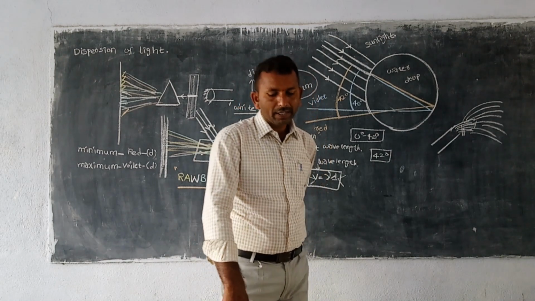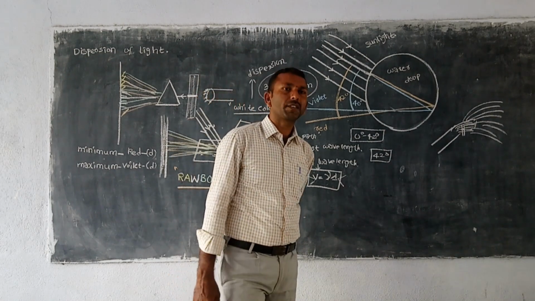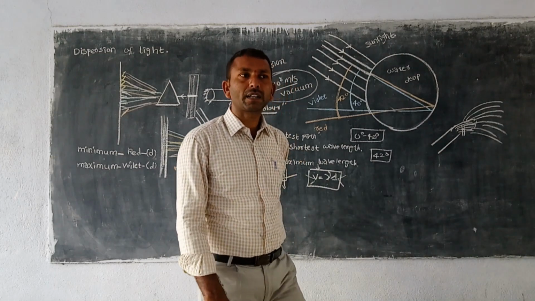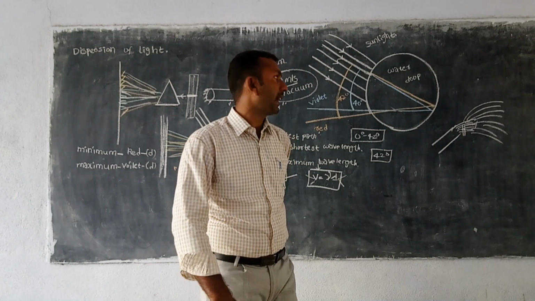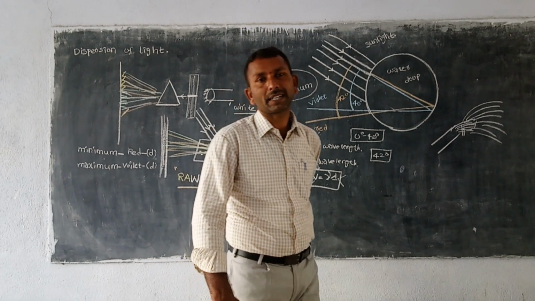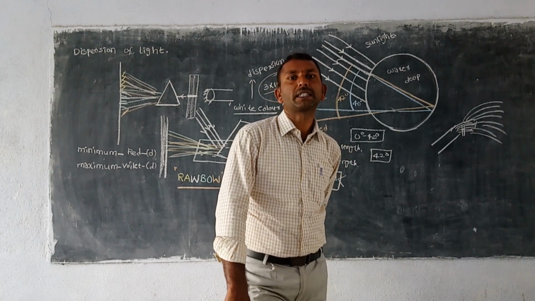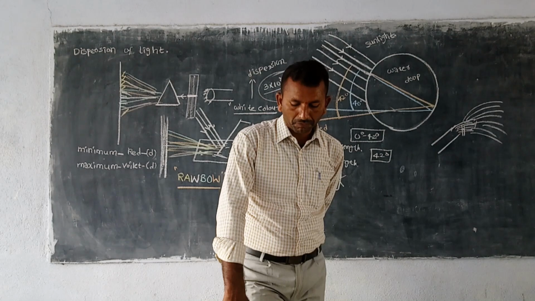So why does the dispersed light appear as a bow? Actually, what we are seeing is not just from one water drop. Every water drop is dispersing the colors in the form of a cone, and from the upper side of the cone we are able to see the red color, and from the beneath side the violet color. Due to this situation only we are able to see the rainbow.